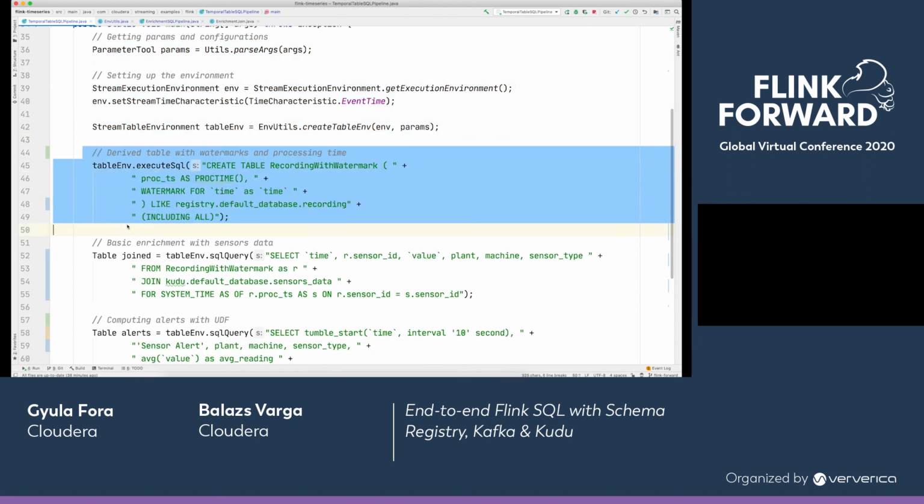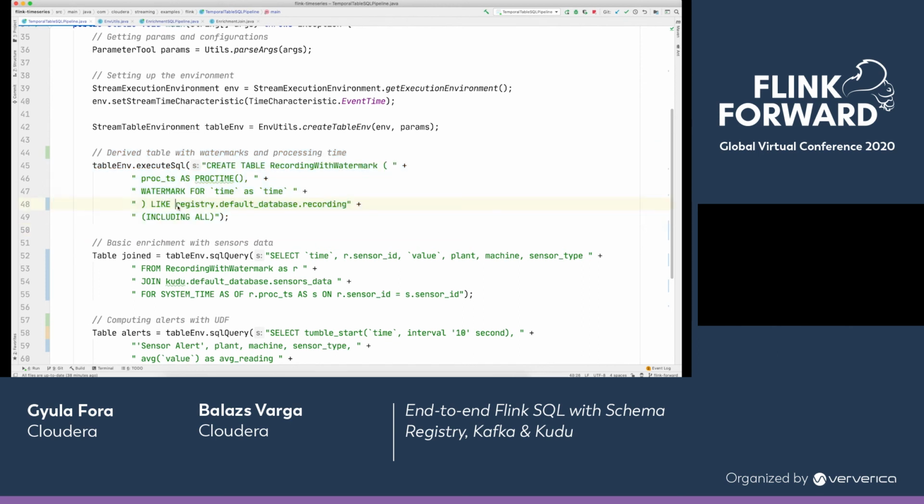The first SQL statement enhances the recordings table a bit by adding processing time and watermark attributes to it. This is needed because the Schema Registry doesn't know about these attributes, so we have to add them here. We can use Flink 1.11's create table-like syntax, so we can base this table off of the recording table accessed through the catalog, and we name it recording with